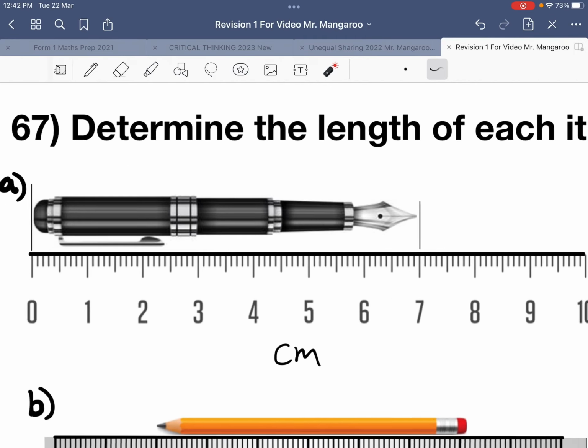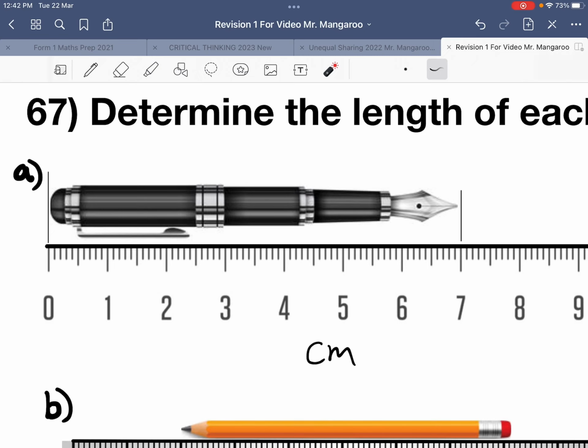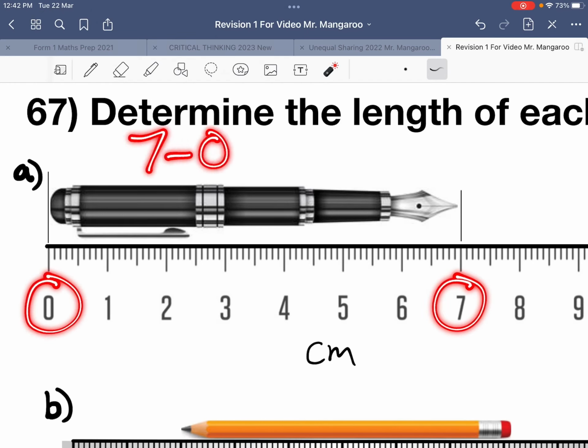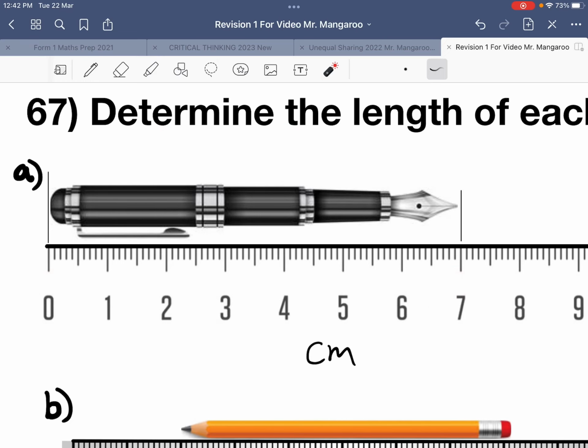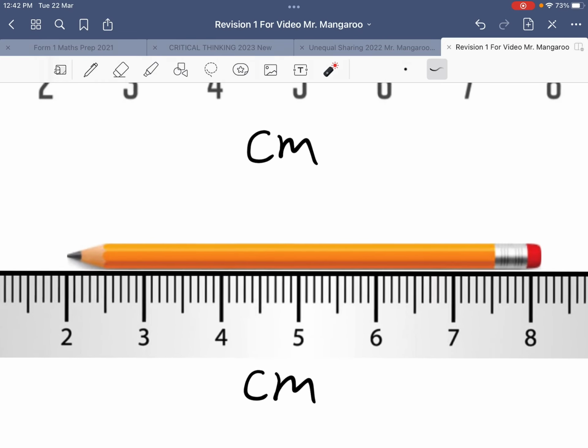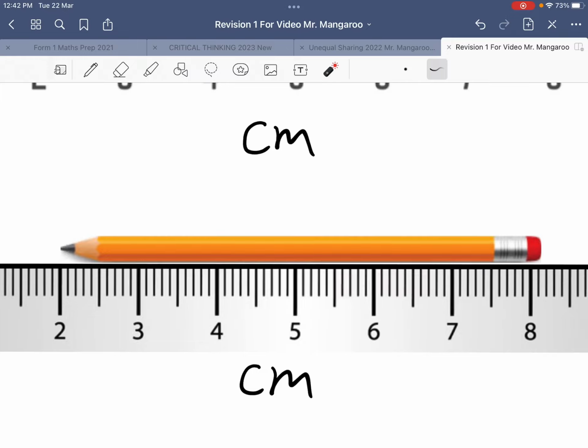How do we determine the length? We can use this method for all. We can say the end point, which is 7, take away the start point, which is 0. 7 take away 0 is 7 centimeters. We can do that again here. This is